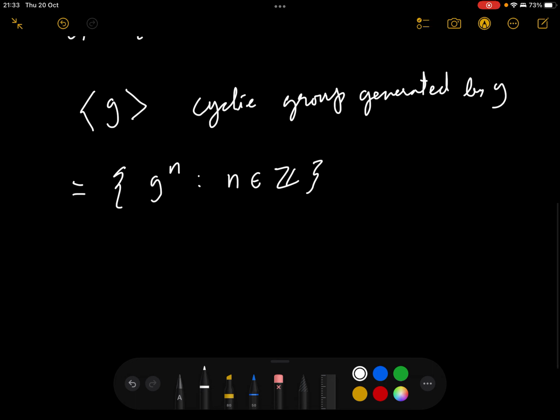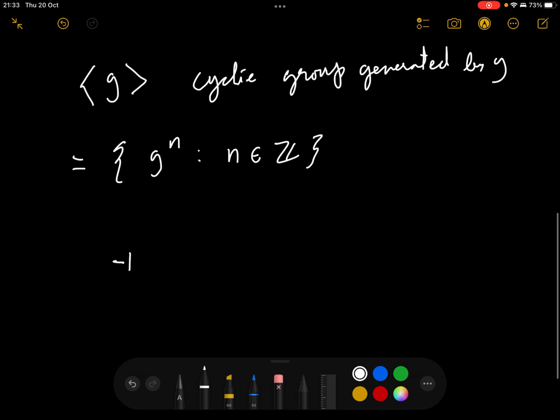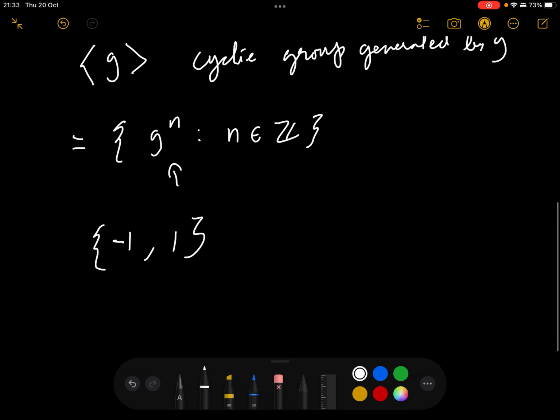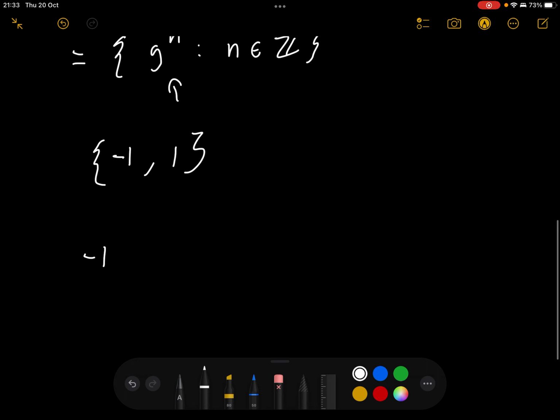Now this group need not be infinite. For example, if g was -1 and this was a group under multiplication, then this set would just have -1 and 1, right? And so in this case, this would actually be a group, if you notice,